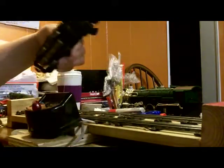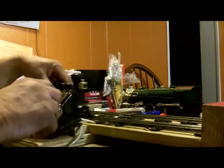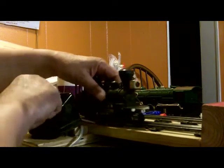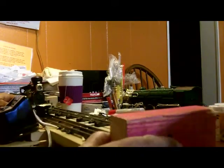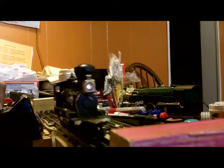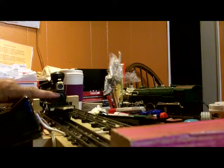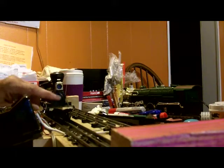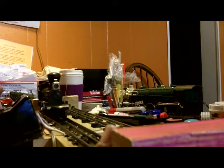Now, this has a light on it, and it does have a bulb in it. And the bulb is working. I don't know whether you can see that or not. Let me try to turn that a little bit. Now remember when I did take it apart to clean it, this socket was completely out, and I had a problem getting it back up in there. Okay,